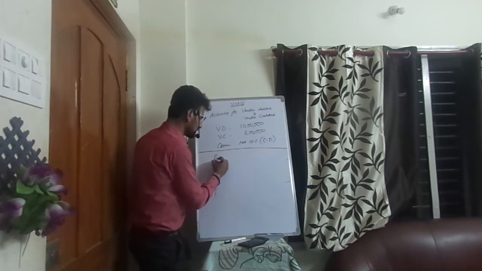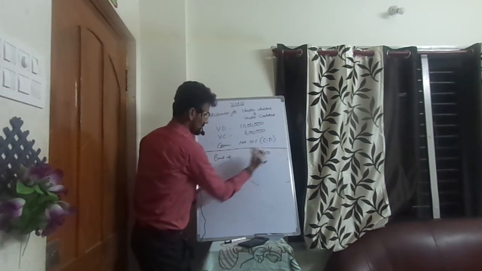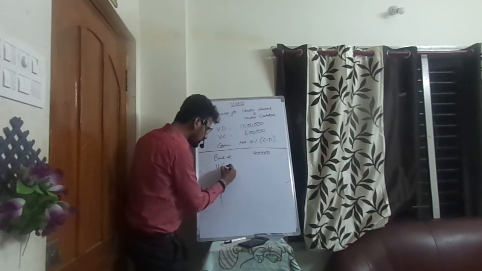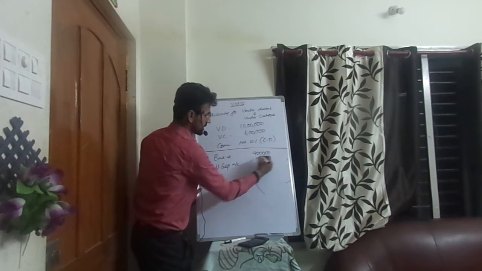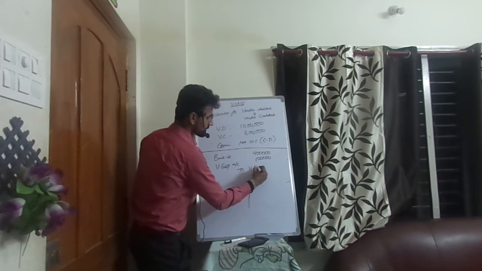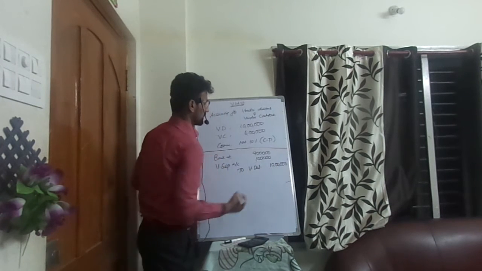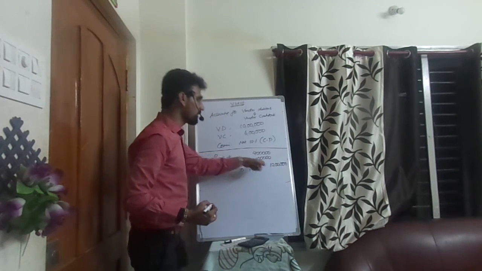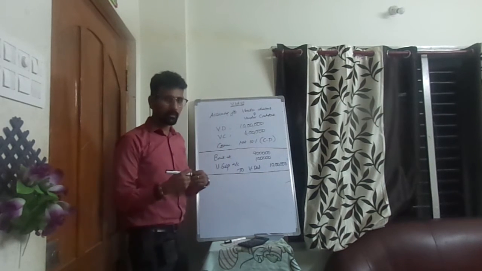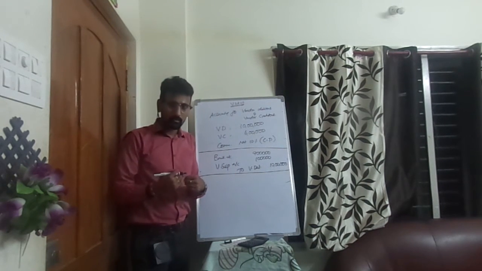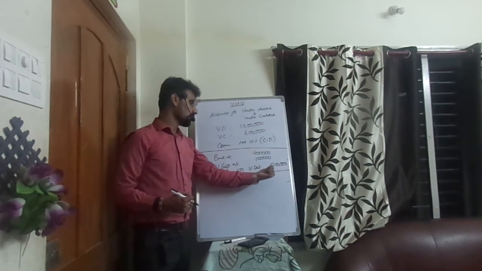You collected 9 lakhs, and the loss shall be debited to vendor suspense, and we should cancel vendor debtors 10 lakhs: 9 lakhs, 1 lakh and 10 lakhs. Out of 10 lakhs, you collected 9 and a loss of 1 lakh is debited to vendor suspense, and you cancel